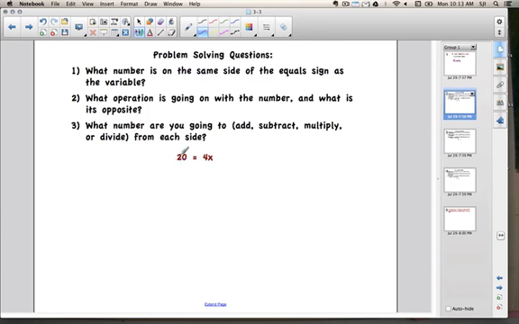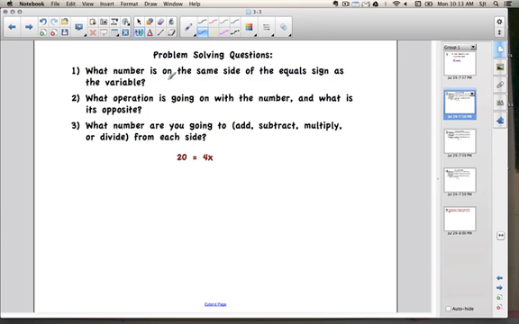Here's our equation, 20 equals 4x. Remember, this is actually multiplication, even though there isn't an operation sign between it. Whenever you don't see an operation sign, it's multiplication. So here we're multiplying 4 times x. So the first